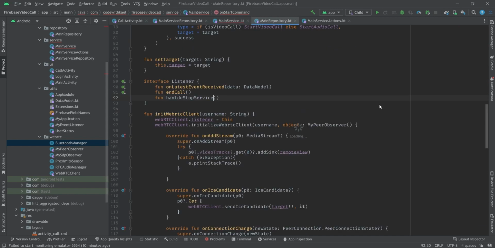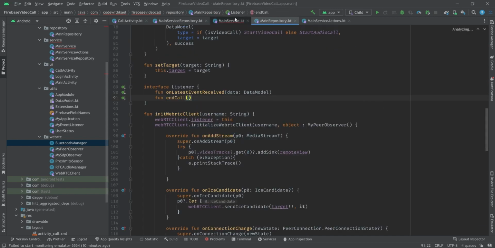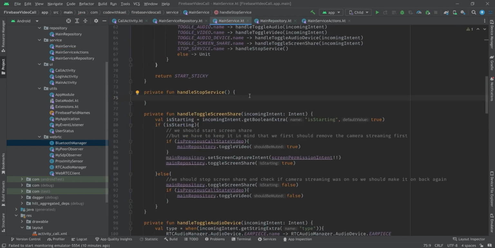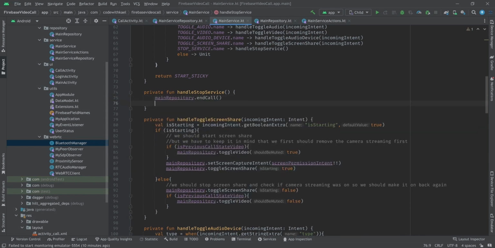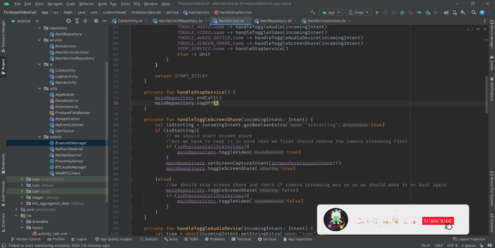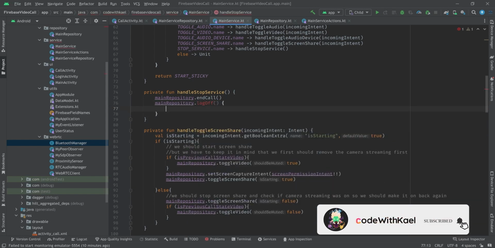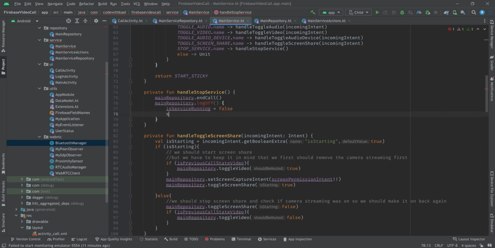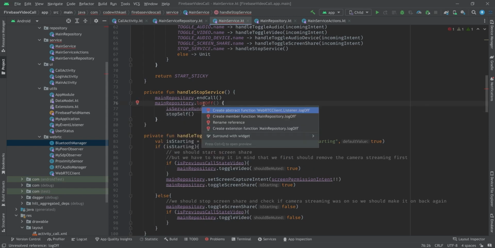Let's create this function, not here. So first we wanna end call using repository.endCall, and then using repository again press log off button, and if it was success, then we want to set our service running to false and stop self to stop the whole service. So let's create this function,